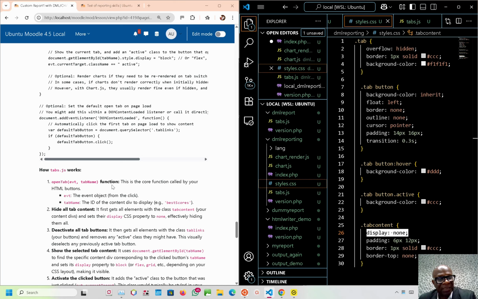The first one, this is the call function. The event object from the click, evt is the event object from the click. The ID of the content, when it says tabName, it's looking for that best scores or worst scores that we made string literals earlier, and then hide all content. So this is where the display none comes in, and then deactivate all tab buttons. So when it says tab links and removes, it deselects them by making everything unavailable until the active tab makes it available. And then this is how it does